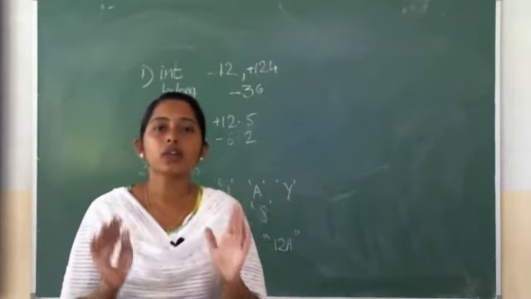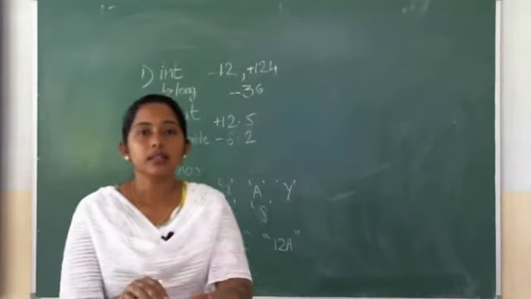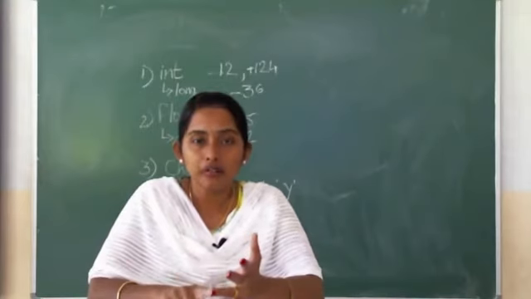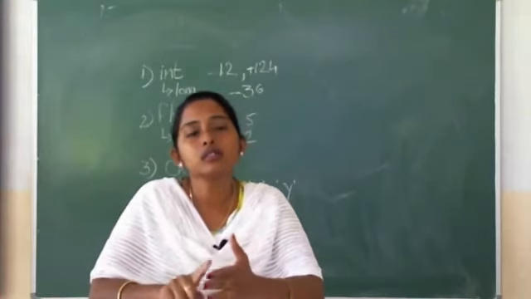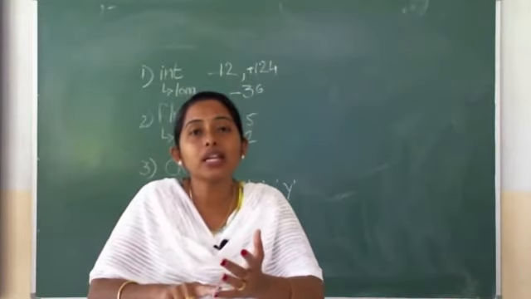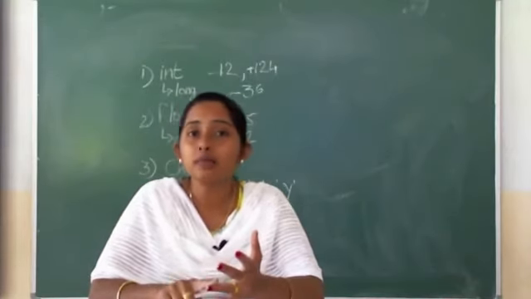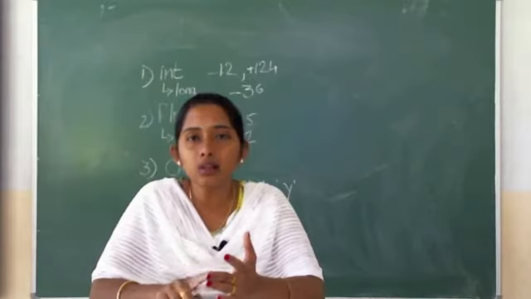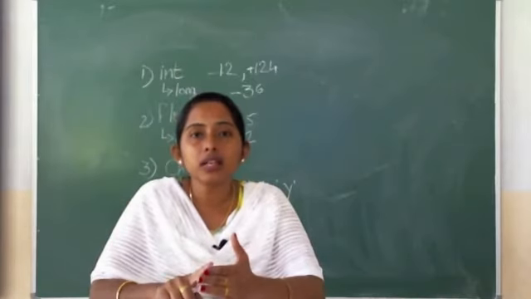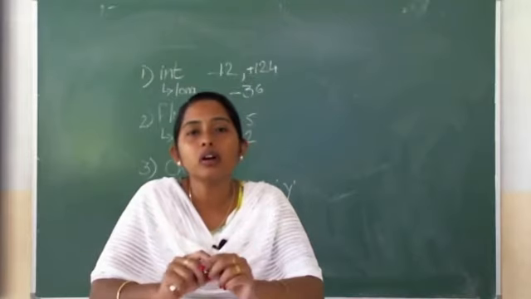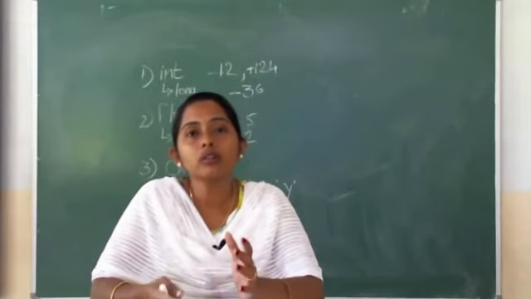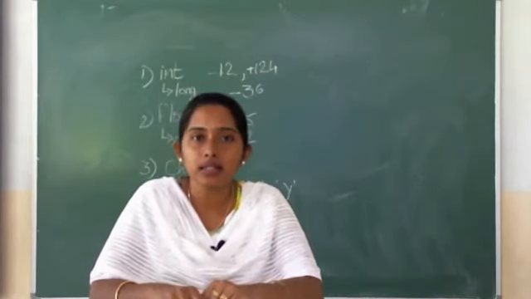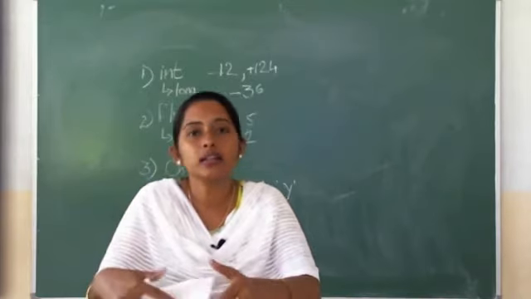Okay, so this much only you have to study, these are the data types: int, float, char, string. Int for integer values, float for decimal point values, char for a single character enclosed in single quotes. Then the last one is string, a word or a combination of one or more words. If it is enclosed in double quotes, it will be treated as a string data type. Hope you all are clear on this data type.